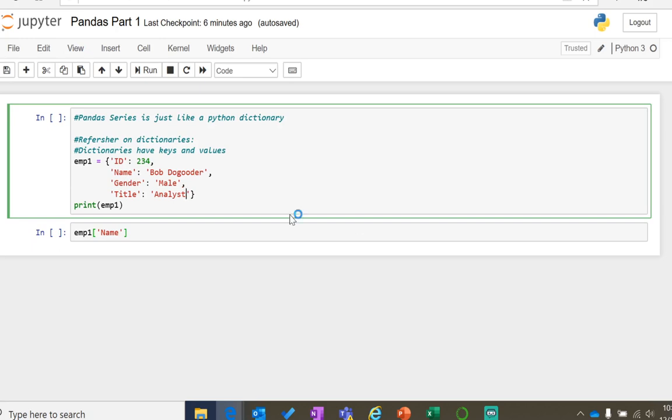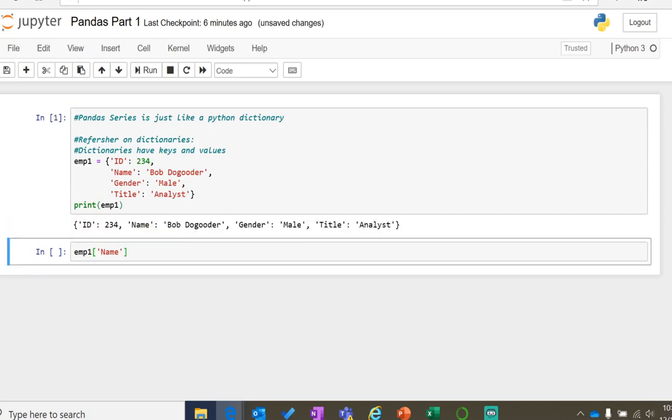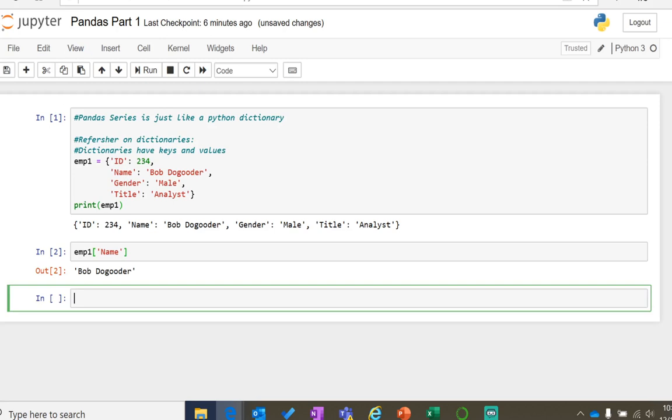So for employee 1, you can pick employee 1's title. I just created a random person here, the dictionary of employee 1, and if we wanted to pull employee 1's name, Bob Dugooder. So just think of this on a very large scale, a few hundred person company, 10,000 person company, what have you, and you needed to access them. Very easy way to do that within dictionaries. You can write loops in dictionaries, but